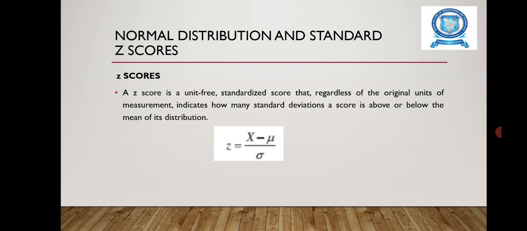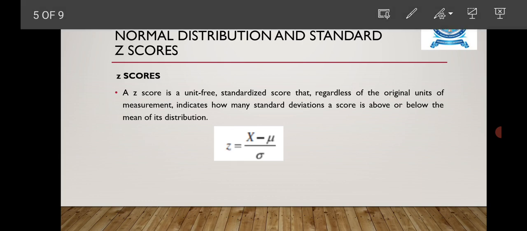If the Z-score is positive, it indicates the score is above the mean. If it is negative, then the score will be below the mean. However, if the Z-score is 0, it denotes that the data point is the same as the mean. To obtain the Z-score,